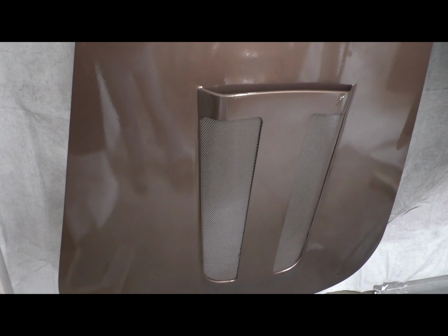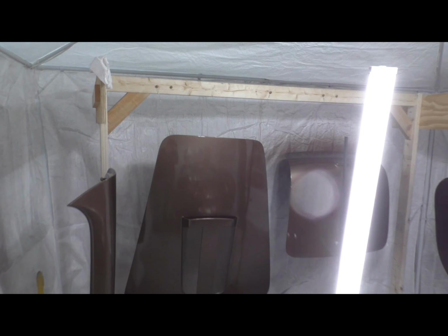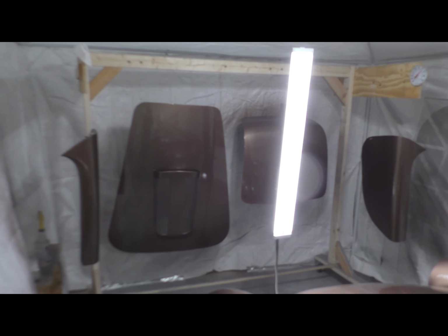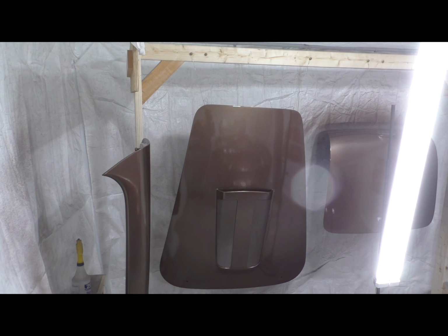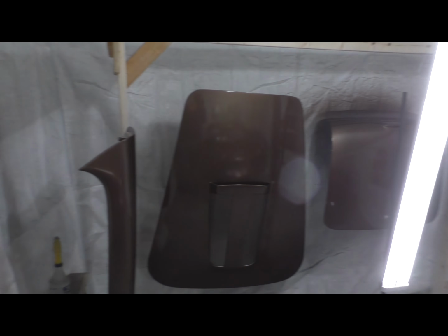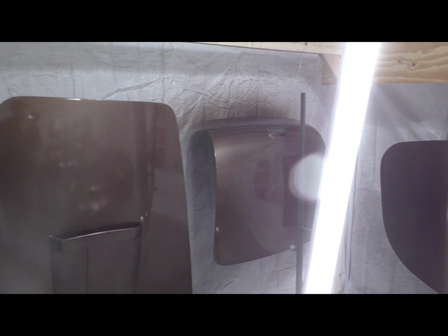So here's the hood, and again, the coverage was great on this. Logistically, this was the biggest part of painting, obviously. The hard part is you've got to figure out a way to spray all this stuff without getting overspray on the adjacent parts, and there are certain orders you have to work in, knowing how the air flows through your booth. My booth worked pretty well, so I was pretty good about controlling that, and it paid dividends, because I really didn't get much